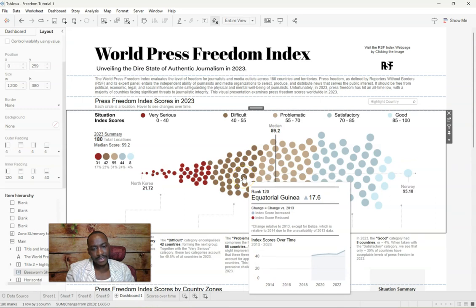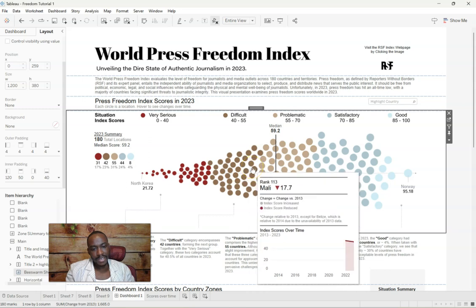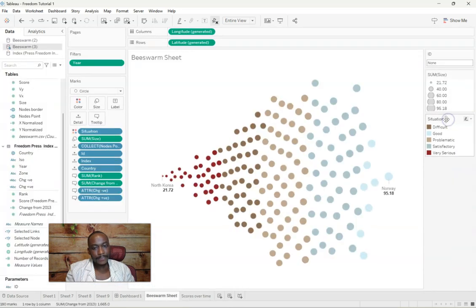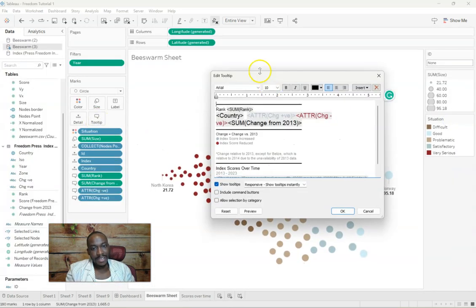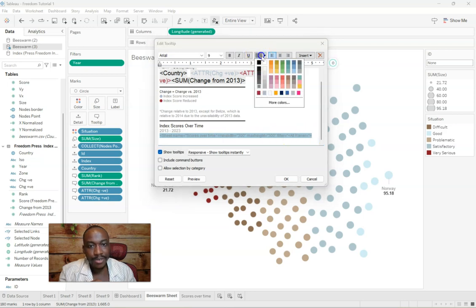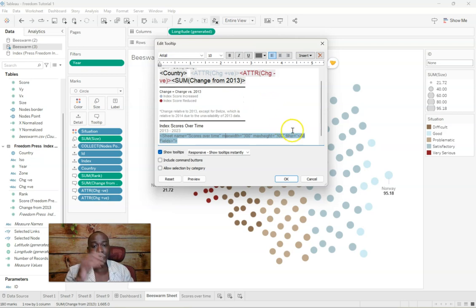What is happening? Why are these guys being weird? Okay, so let us do this. We go to tooltip. When we bring in the sheet, you can see that, okay, let me make this darker so it's more visible. In fact, let me make this text bigger. It doesn't matter, it's not going to affect the size of the viz. But basically,